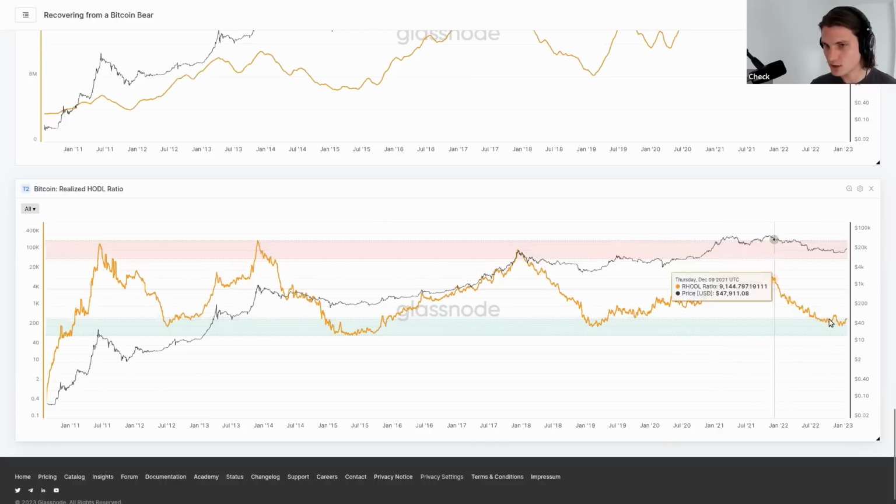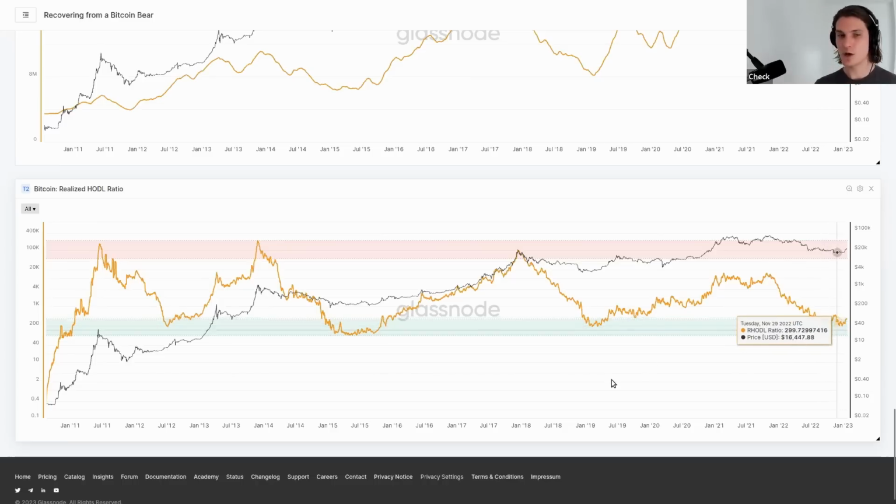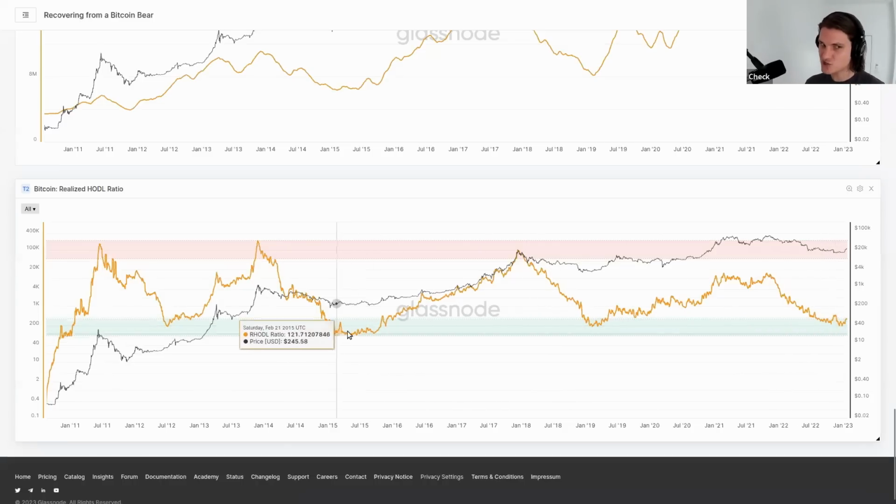So this low value that we currently see is the exact opposite. This is telling us that the maximum coin wealth, the stocks, have returned to their rightful owners. We are seeing a saturation of the holder base by people who have a long-term holding period. People who have held their coins for over 1 year are the dominant majority of people who hold. So that's just telling you something about the saturation of the holder base.